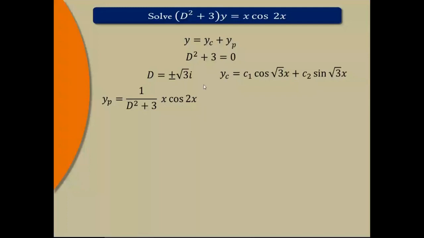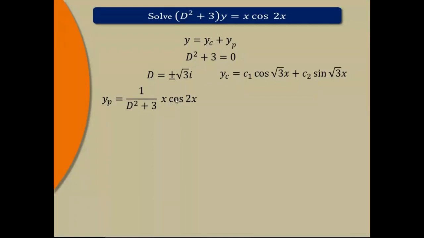And just now we have discussed the formula for x into v. But for that, we have to check two conditions. What are those conditions? In the total term, the power of x must be 1. And you can see there is no other x term over here, only a single x. So the power of x is 1, so no problem with the first condition. And without x, if we remove the x term, then 1 upon D square plus b cos 2x should not be a case of failure.